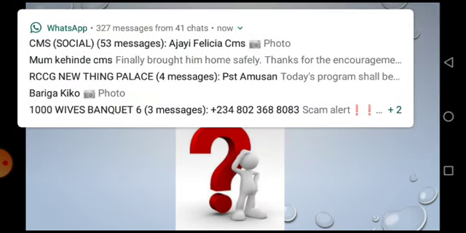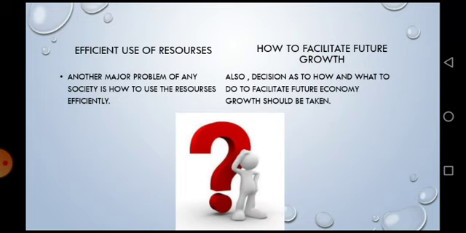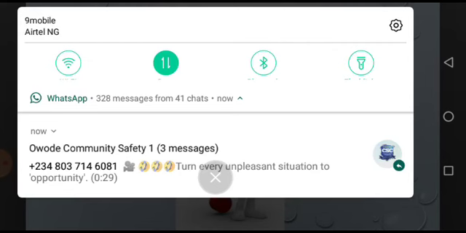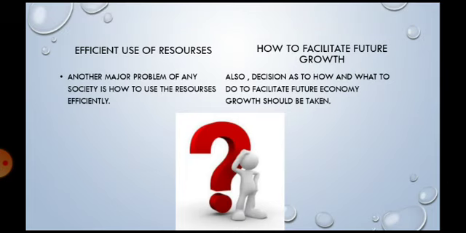Production is inefficient if a reallocation of productive resources will result in production of one or more additional units without a corresponding decrease in production of other goods. If resources are efficiently used, then it will be possible to increase the production of all goods and make everyone in the society better off. Each society tries to allocate resources as efficiently as possible. The question of the efficiency of production and the efficient allocation of resources come under welfare economics.